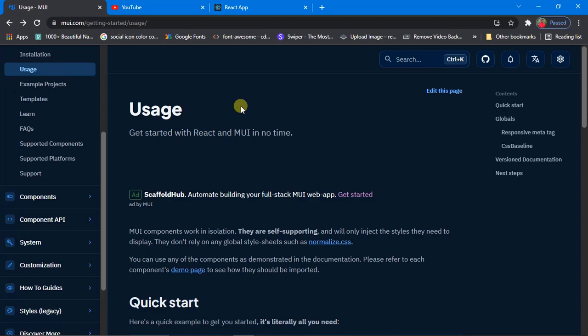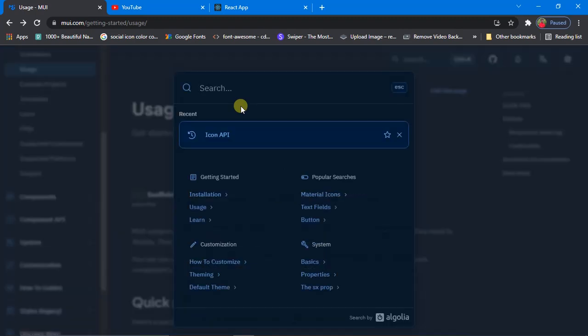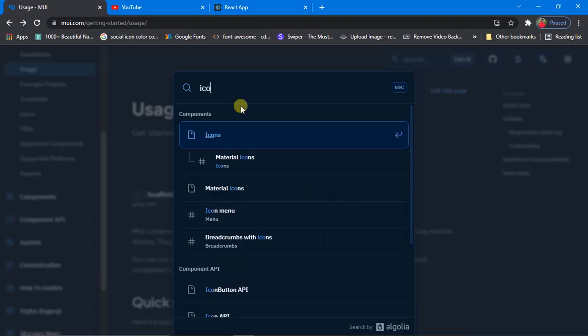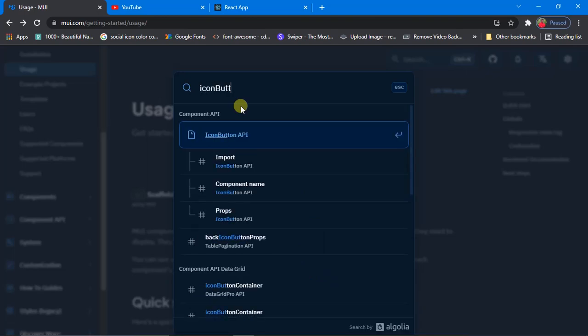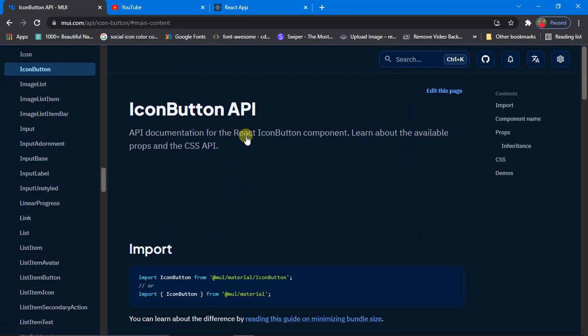So now just press Ctrl K and type in icon button. As you can see over here, it is saying icon button API, okay? So whenever you want to know about the properties or props or the CSS class names of a particular component, you should come to its API page, okay?